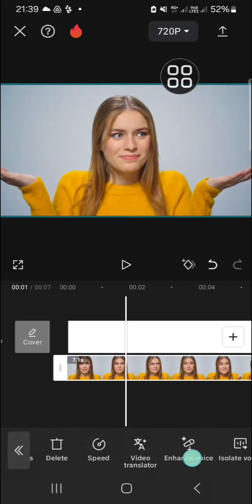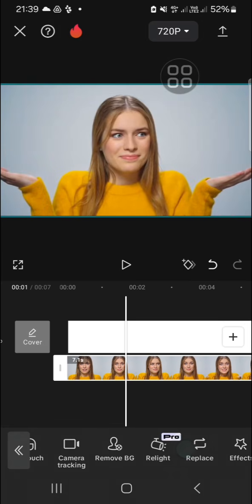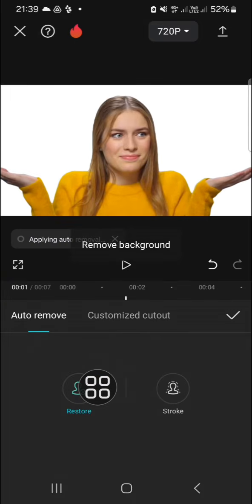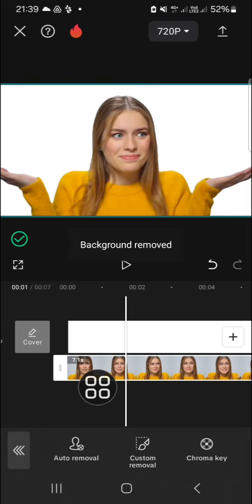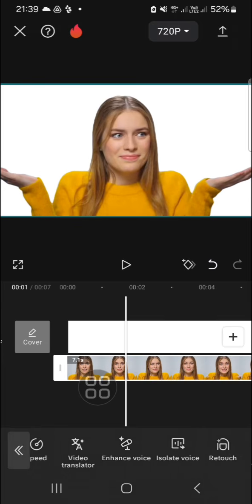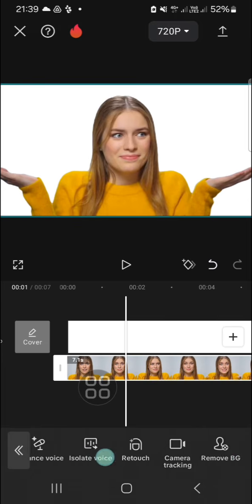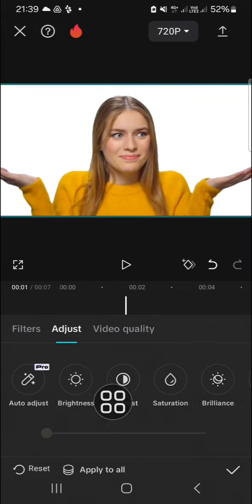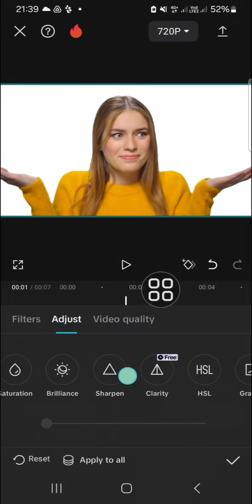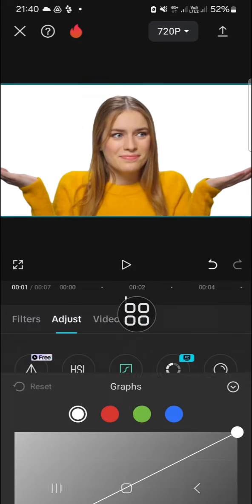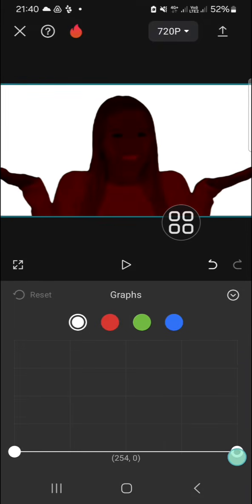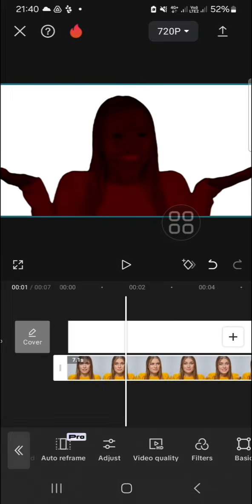Okay, and remove the background of your video. You can go to the remove background option and then select auto removal. Okay, and then we can click on the check mark and you can go to the adjust, or you can also go to the filter. It's the same. Right guys, okay, select adjust and we can choose crop. Okay, and you can lower the white color like this, and you can go back to your editing, click on the check mark, and